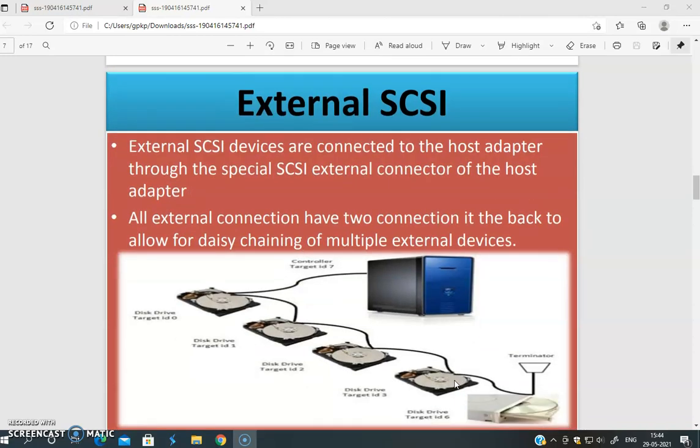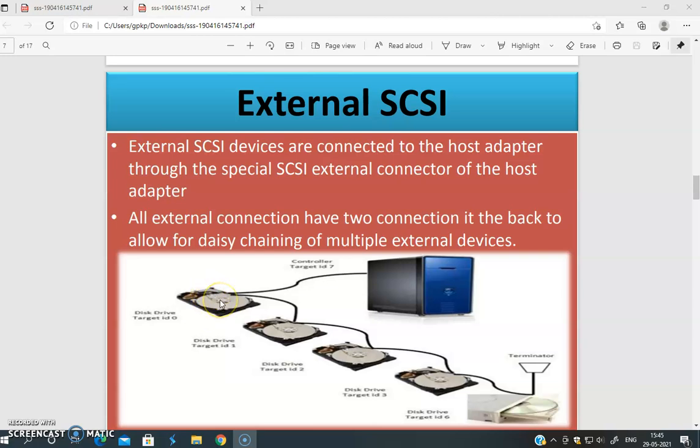The next type of SCSI is external, which is connected outside of your CPU, outside of the computer. So external SCSI is again connected first to your host adapter. This host adapter will have a cable, and this cable is connected to multiple devices. You can see here this one host adapter connected through a cable will have multiple connectors.